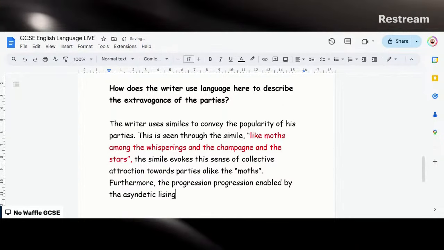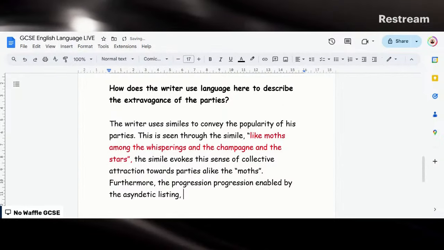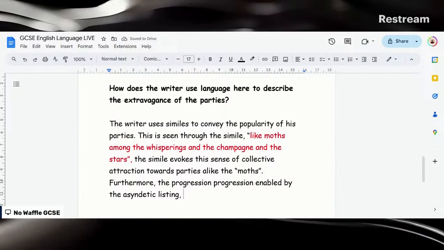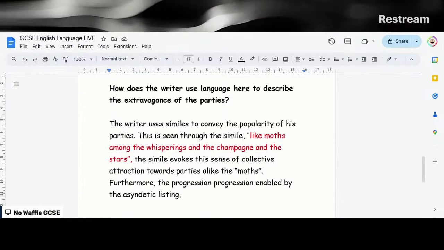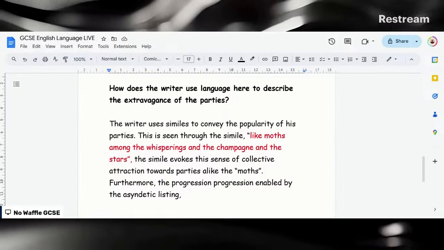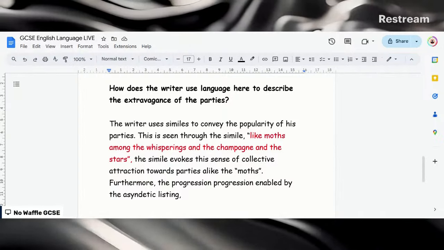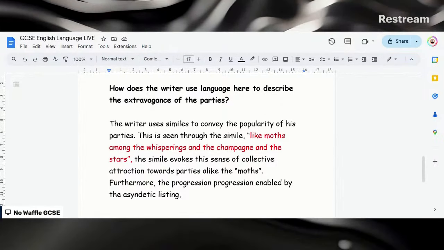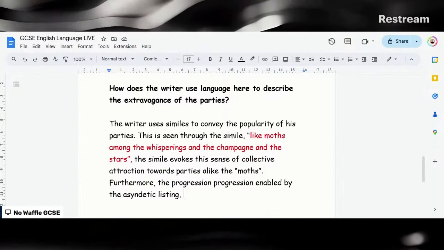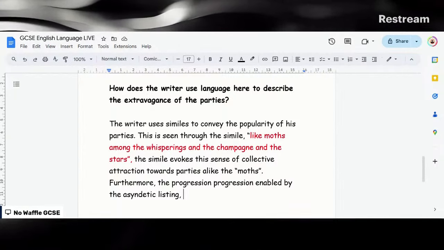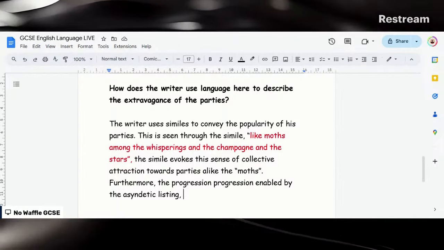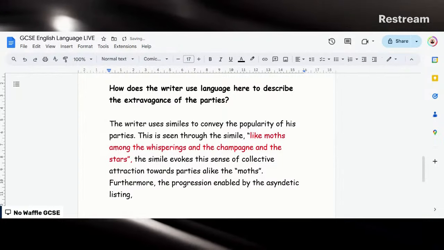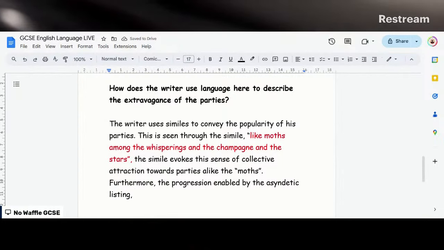Now, even though this isn't necessarily a language technique, that's more of a structural technique, because we're zooming in on the words, it's kind of allowed. It's very ambiguous with AQA. With Edexcel, they definitely allow it because they know that you're talking about the language, but with AQA, it's hit and miss to talk about it. But in this case, it's important to mention it just to show the examiner your extra knowledge. Have I written progression? Oh, sorry. Thank you. Furthermore, the progression enabled by the asyndetic listing